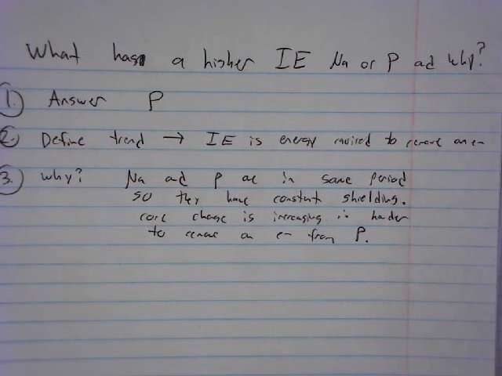So that's it. I said core charge is increasing, so it's harder to remove an electron from potassium. Phosphorus, I'm sorry. I'm teaching freshmen right now, and it gets confusing. All right. It's actually super confusing because